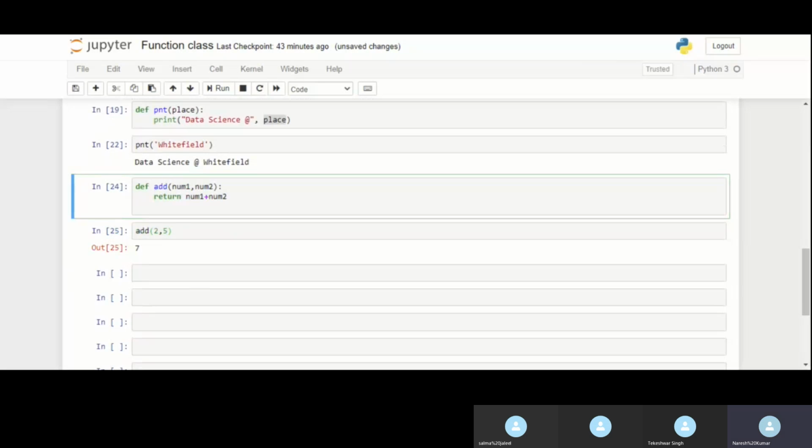We can also do some kind of list manipulation or tuple manipulation. For example, I want to add all the observations that are present in my list. We can define a function and iterate through a for loop, and then get the total summation of those observations present in my list.